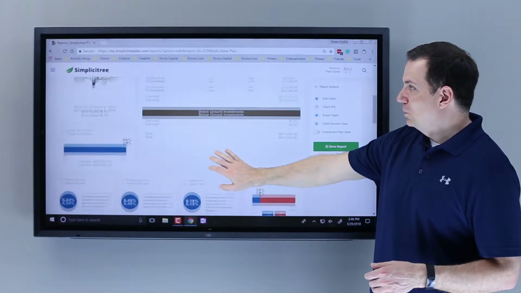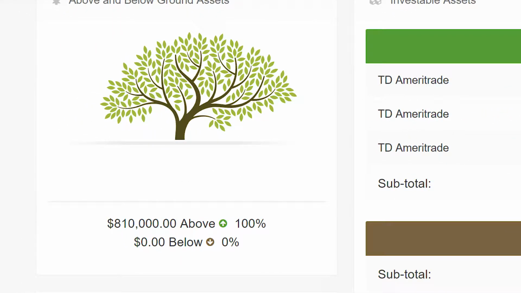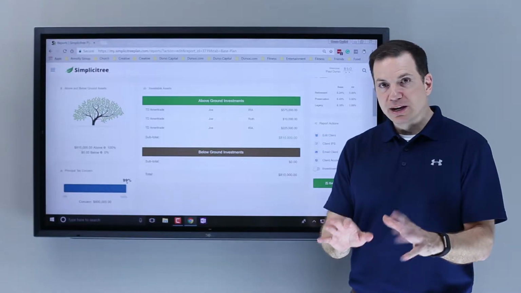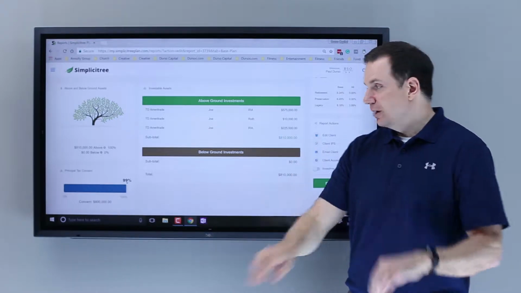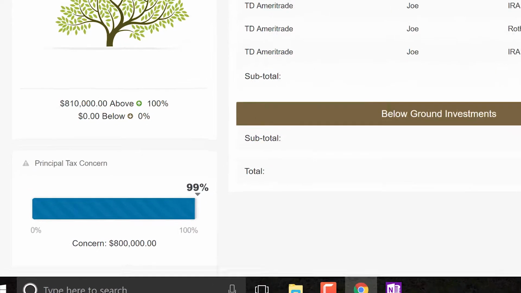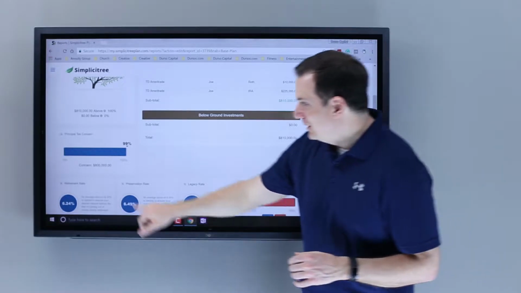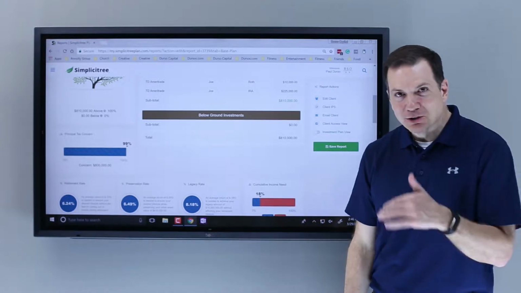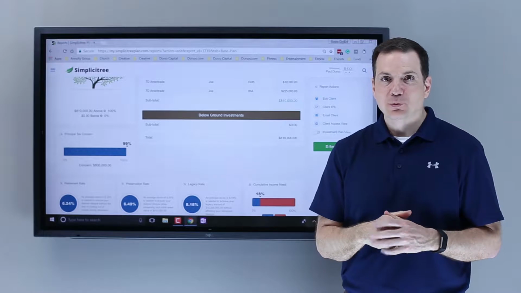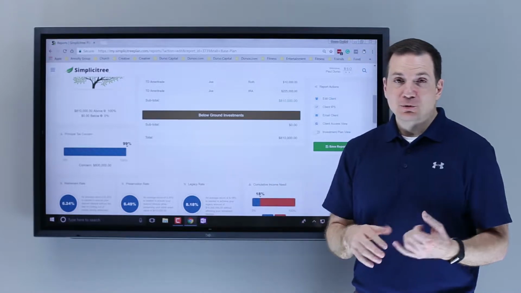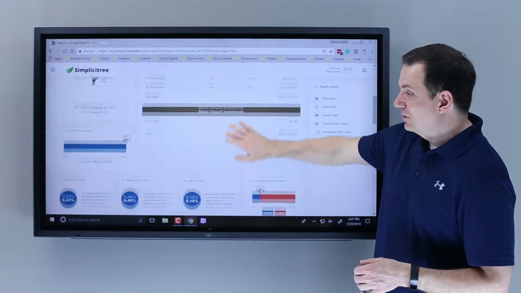A few other things that we want to look at. 100% of their assets are above ground. You understand what that means. There's just no protection. All $810,000 of their assets are above ground. Their principal tax concern is 99%. That means $800,000 of his $810,000 are 100% taxable when he hits retirement. So we've got a whole lot of risk, we got a lot of taxation, and we have a huge target